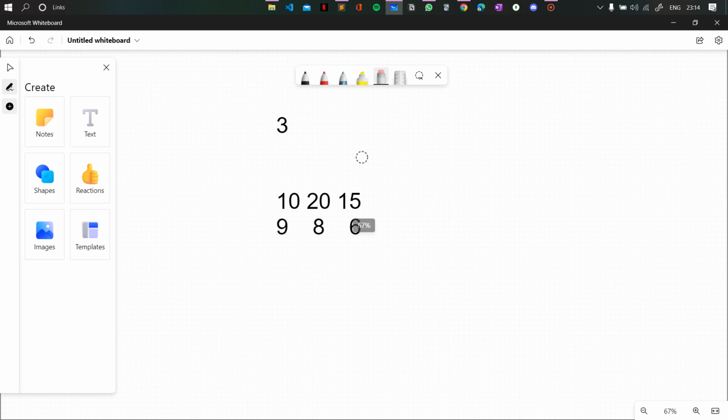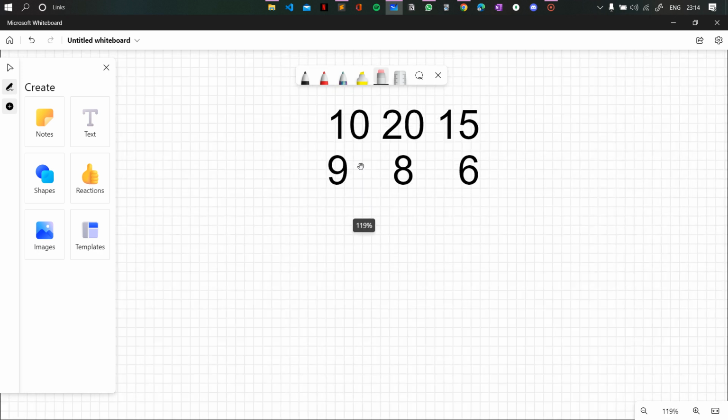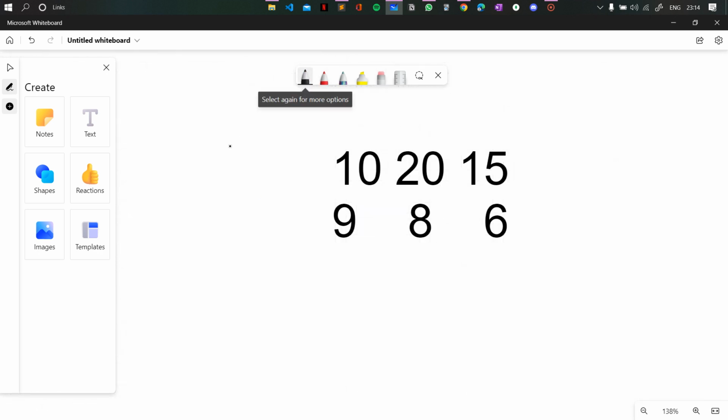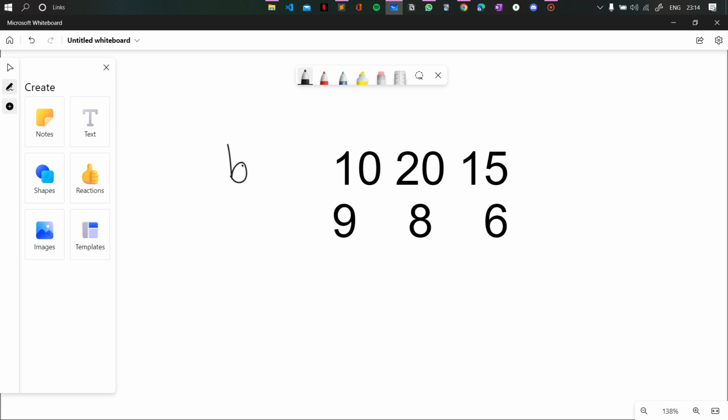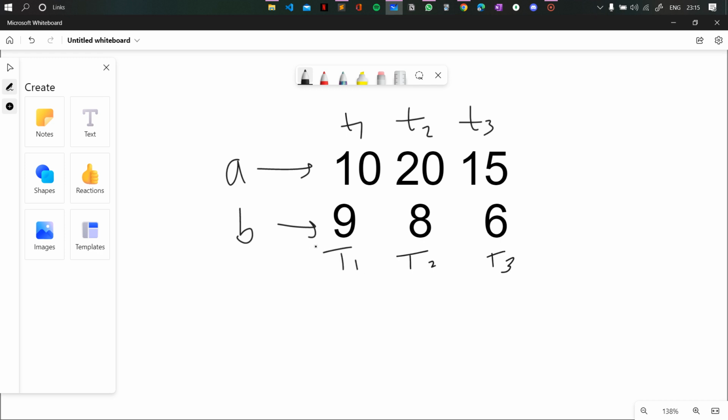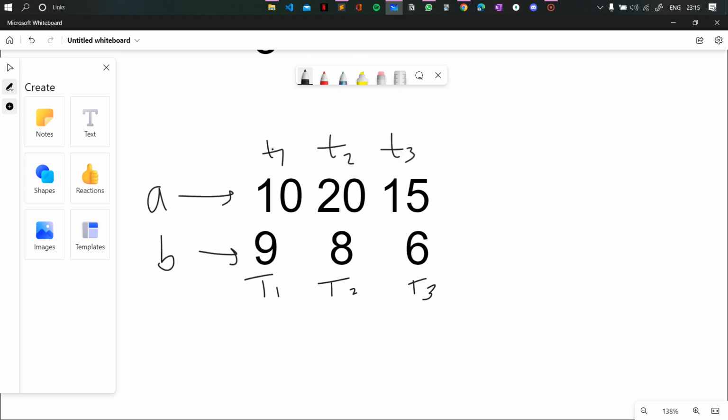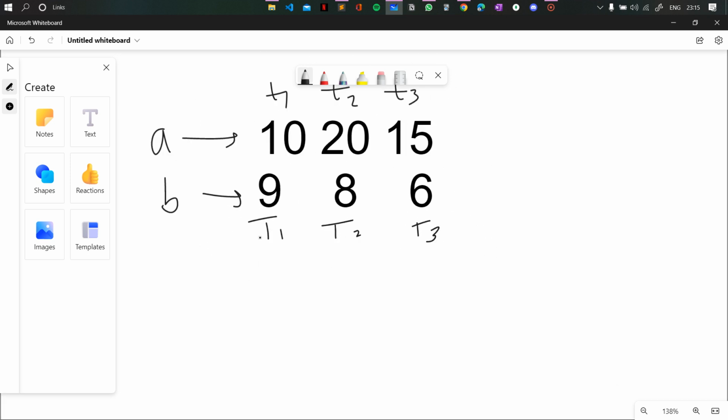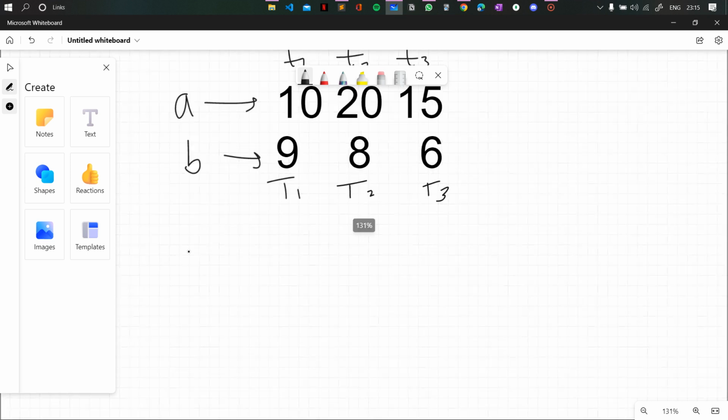So here's example one. Let's zoom in a bit. This is your array A, and this is your array B. Array A shows the quantity of tea, like t1, t2, t3, and array B shows how much quantity of tea that taster can drink at a time. So let's denote tea by small t, and taster by capital T. Now in step one,